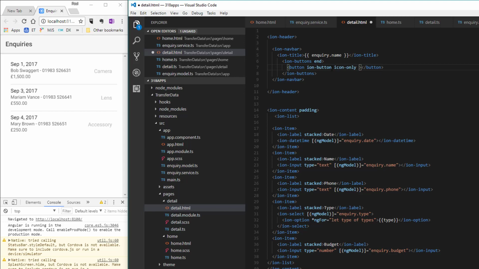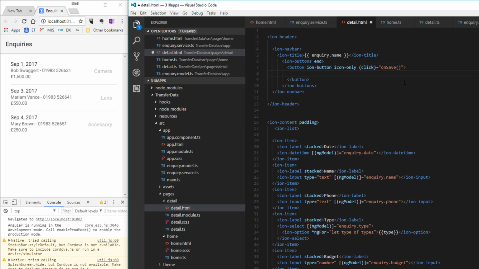And it's got a click event, which is going to call something we haven't yet written, which is called onSave. If we try to run this now, everything's going to go a bit Pete Tong, because it'll all think this should be there and it won't find the function and it'll crash. So what we want to do is then define which icon-only we're going to use as the interface for the button. So in here we say that the